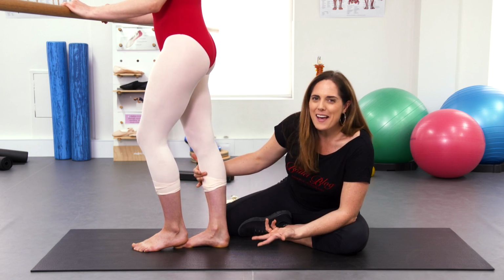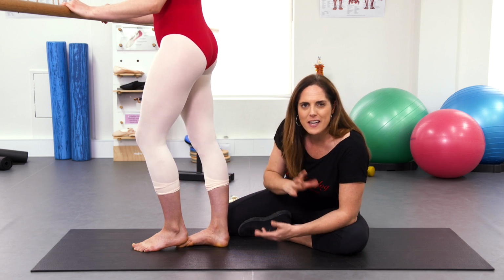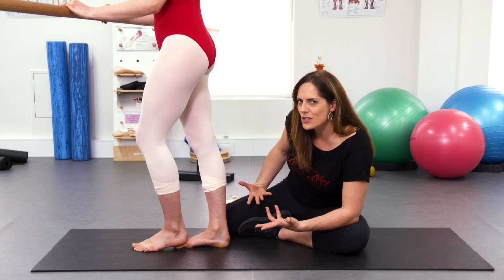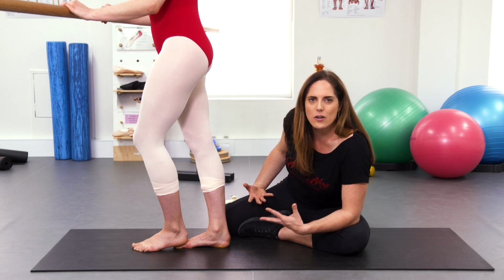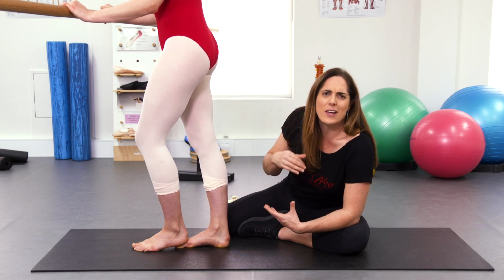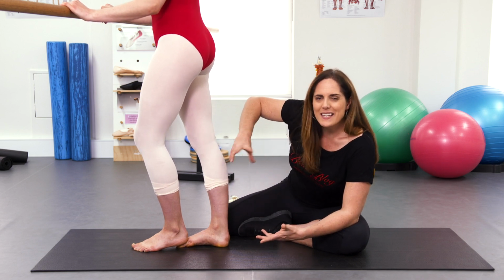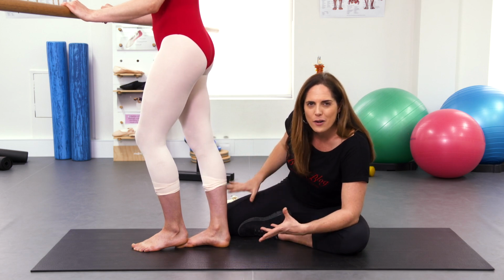So about how many you need to do depends on the day. If you've already done lots of massage and mobilising techniques and it's a warm summer's day, you may not need to do too many. However, if you haven't done much massage work and it's cold and everything's a bit frozen up and you had a heavy rehearsal the day before, you might need to do more. So usually anywhere between 5 and 20